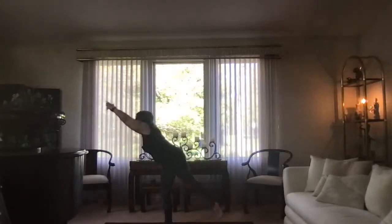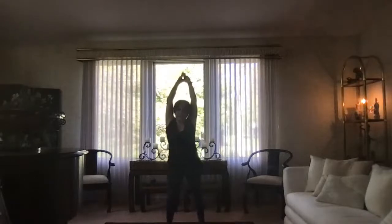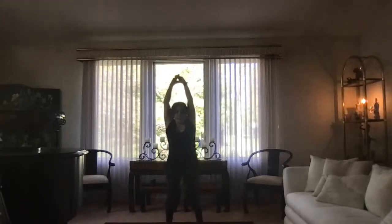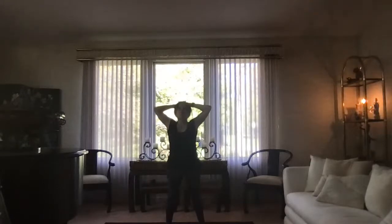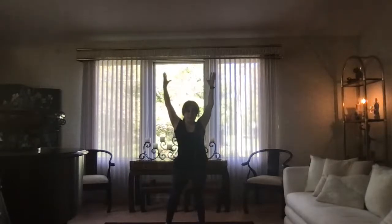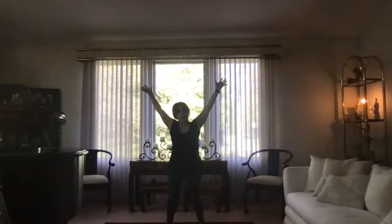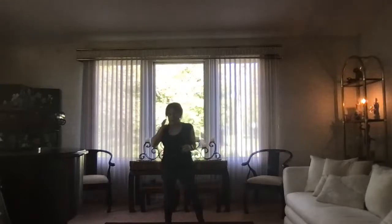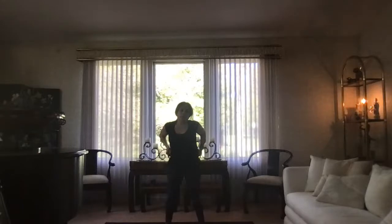Now notice I'm holding the poses a little longer today. So what you need to do is find a comfortable place in the poses. And if you come out or fall out of the pose, go back in. Go back in and try to build stamina, try to build strength. The flexibility,